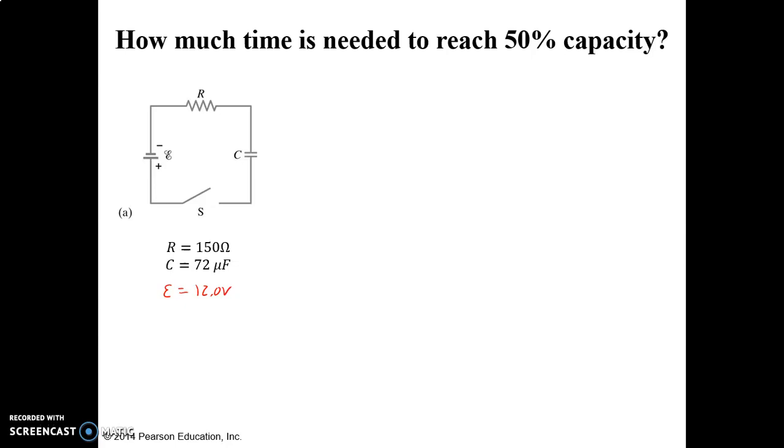We want to know how much time is needed. Now, in this case, we're going to have to actually solve for time. So that's pretty easy to do. VC over the EMF is going to equal 1 minus e to the negative t over RC. So e to the negative t over RC would equal 1 minus VC over the EMF. Now here's where it gets tricky. How do you solve for time when it is in the exponent? Remember from algebra